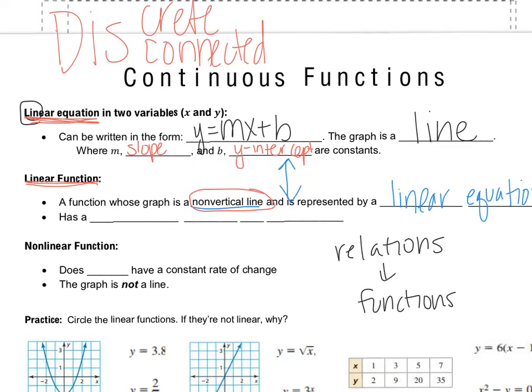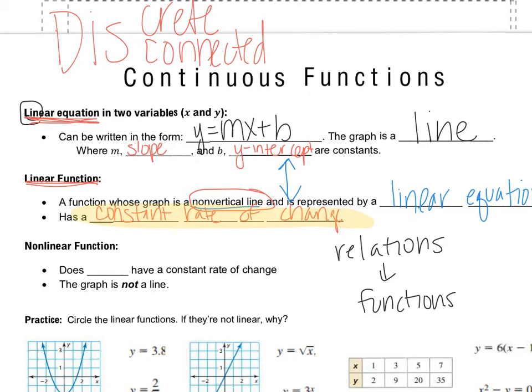So any linear function has a constant rate of change. You will hear us use the phrase rate of change a lot. This phrase right here, rate of change, is super important because it's a way to describe slope. This phrase, constant rate of change, we will talk about over and over again. It's one of the ways that we define functions or define lines,